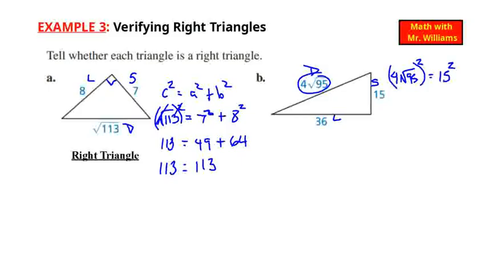Long side is 36 squared. All right, let's break up the 4 square root of 95. We're going to distribute that squared to both the 4 and the 95, giving us 4 squared times square root of 95 squared equals 15 squared, which will give us 225, plus 36 squared, which will get us